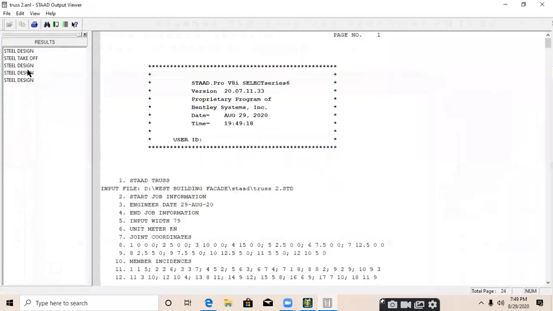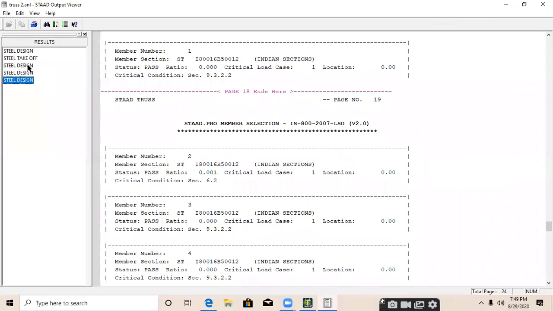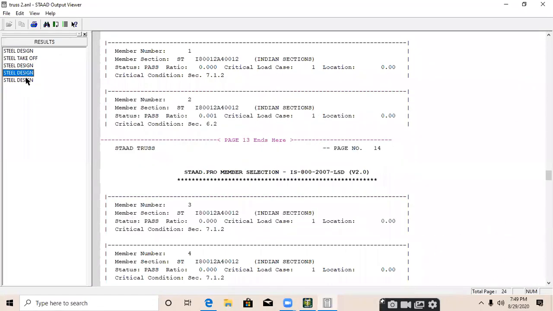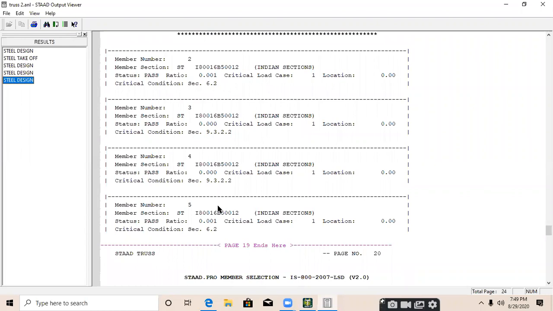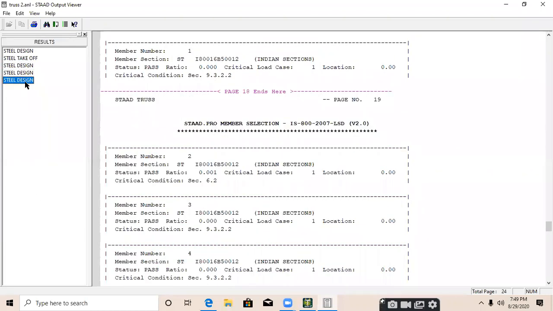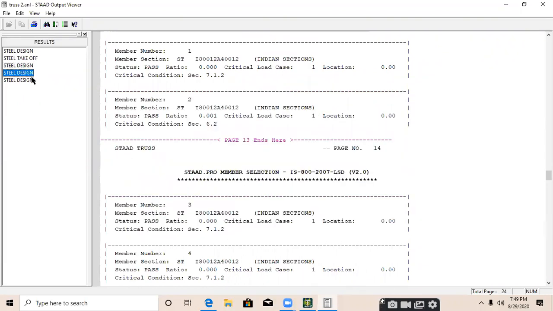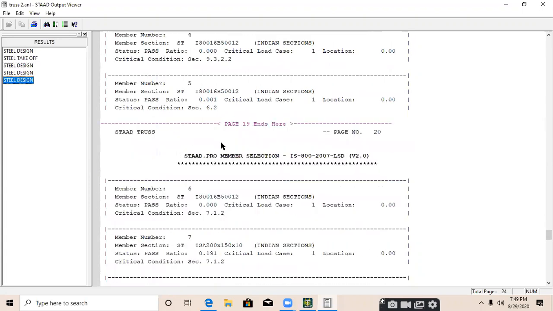Stat output. It will show results in 3 different iterations: first one, second one, and third one for all the members. Values of all the 3 results may be the same or may be changed. Most of the time you will get the same results in the different result options, or it may be changed. It will design your structure 3 times.